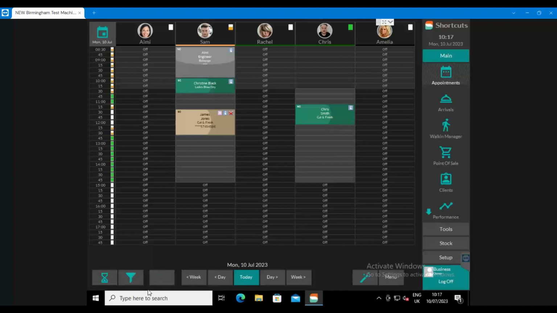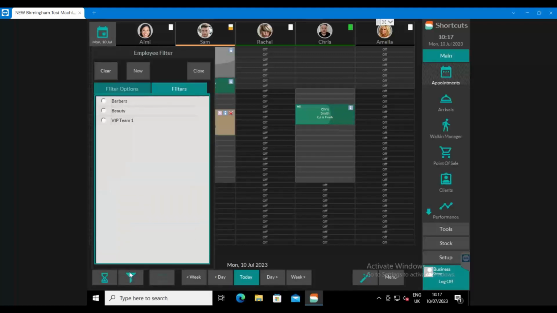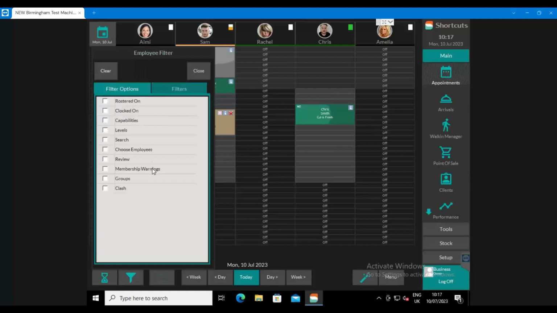So what does the filter do? We've already looked at ways to change our view mode by the hours, but you'll notice we've got Amy not working today. We've got Sam and Chris working, Rachel not working, and Amelia working. So using our filter icon, we can click onto it. We can click onto our filter options, and the most common one is rostered on. Rostered basically just means scheduled to work. So we can click rostered on here,